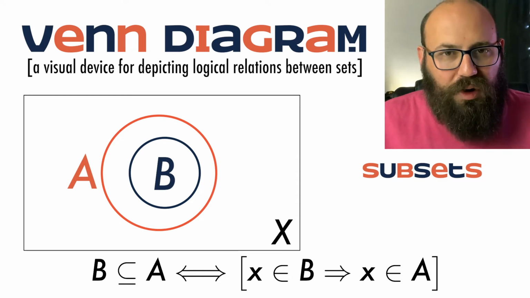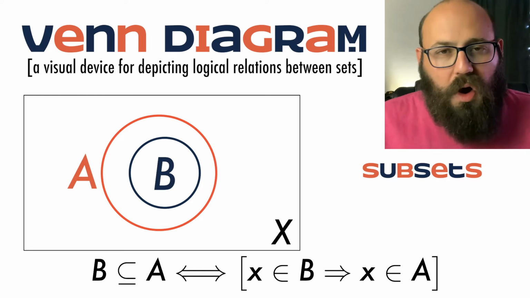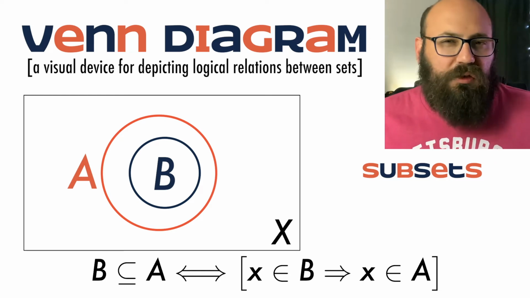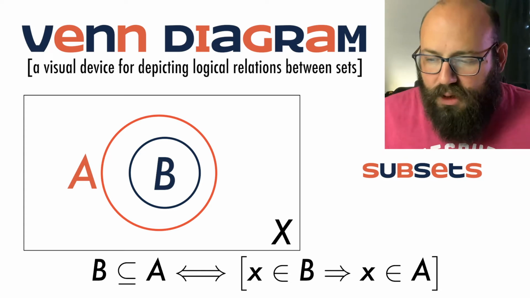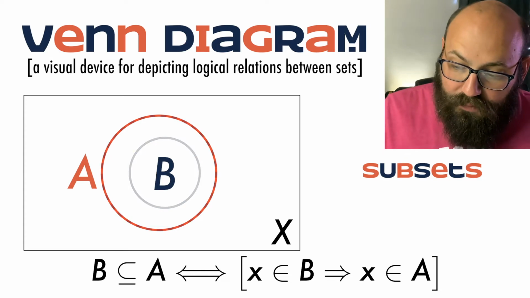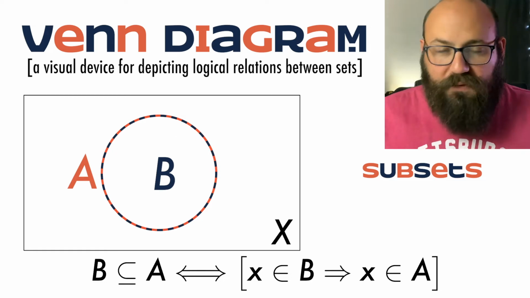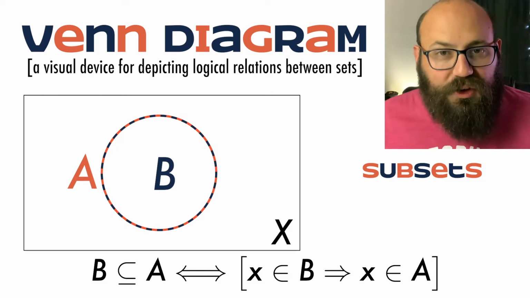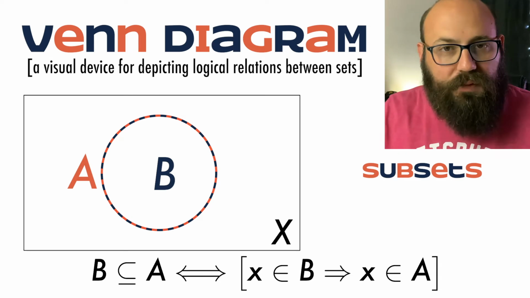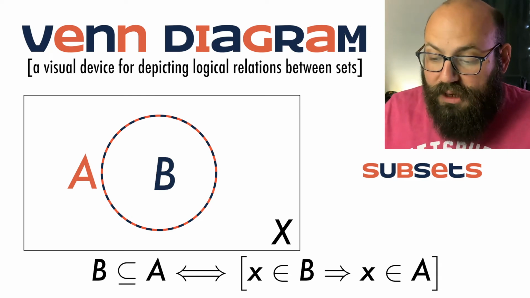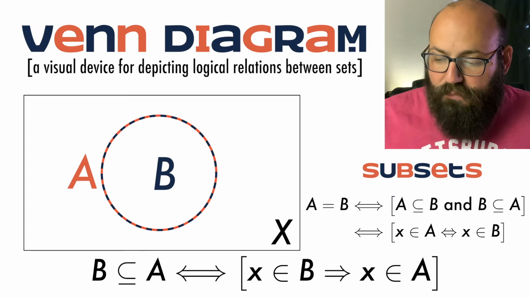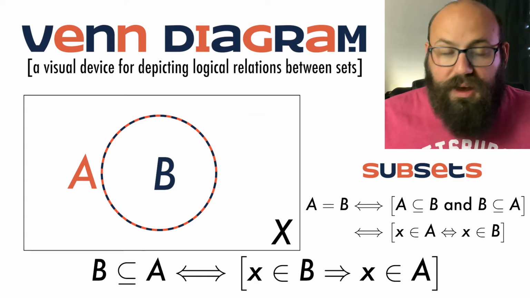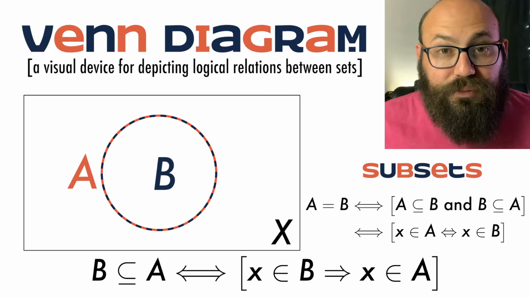It says what's a smaller set, where smaller means one set is smaller than another if everything that lives in the first set also lives in the second. Now, what if they're the same exact set? So what if B was actually the same exact, everything that A covered, B covered too? Well, then we would say B equals A, and that means that A is a subset of B and B is a subset of A, and that relates to if and only if.